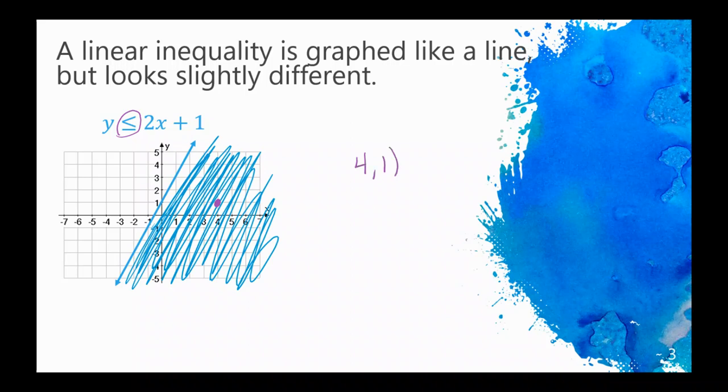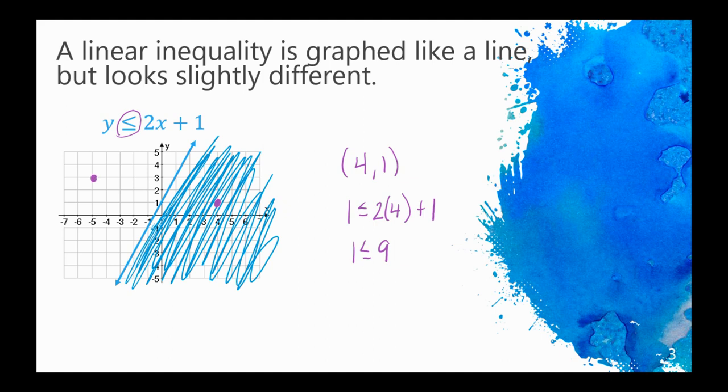So for example, if I plugged 1 in for y and 4 in for x, I would get 1 is less than or equal to 2 times 4 plus 1. Well, 1 is less than or equal to 9. That is definitely a true statement, which means that all of these points over in the non-shaded region are not